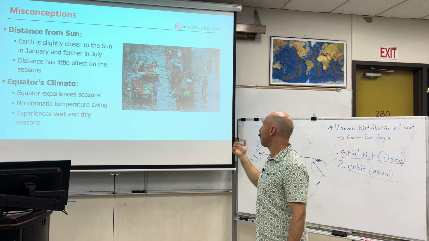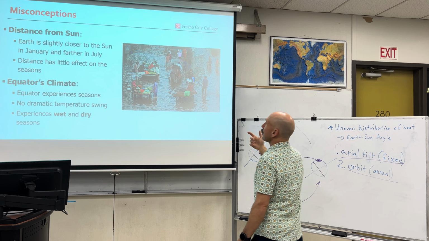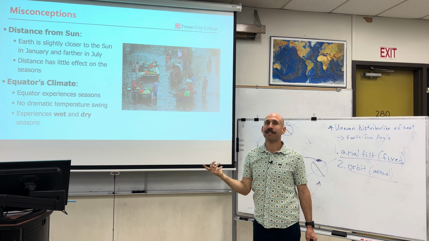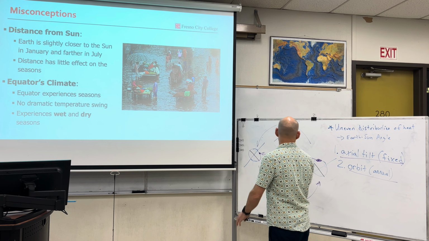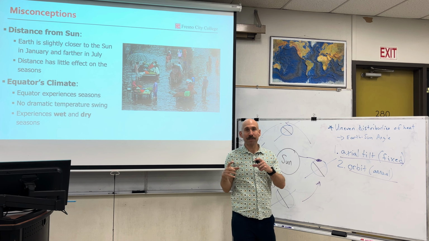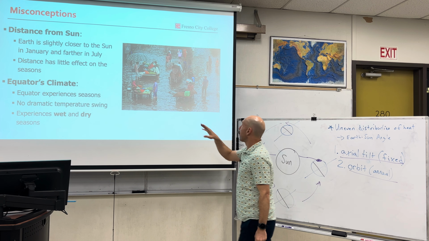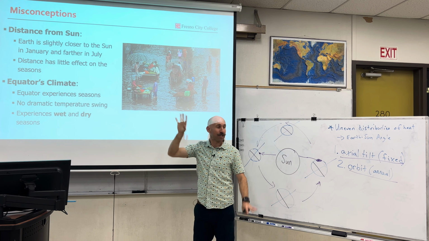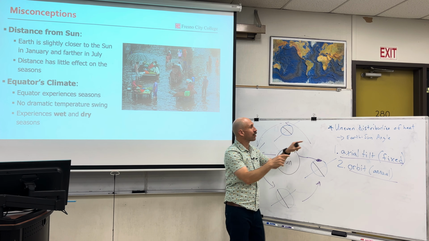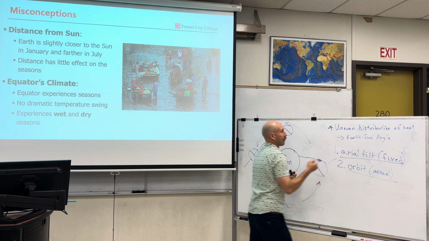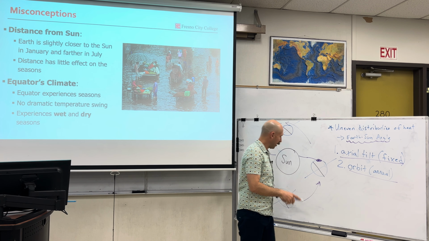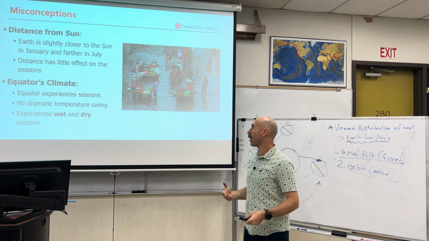Now, there's some misconceptions that the distance from the sun is going to change. Actually, the distance has little effect on the seasons. Earth does orbit the sun on an ellipse, and that ellipse changes. But from year to year, that impact is not as great as the tilt of the Earth and the changing Earth-Sun angle. This is where all the money is. It's the Earth-Sun angle changing the intensity of the sunlight that's coming down to a certain region on our planet.